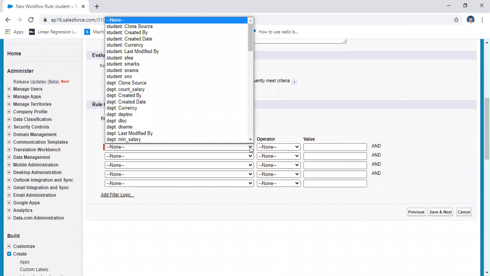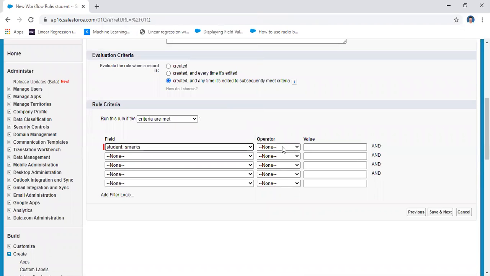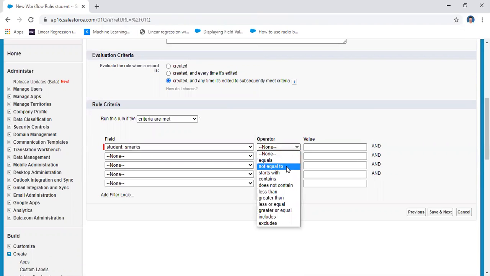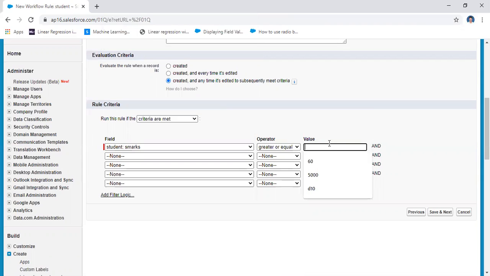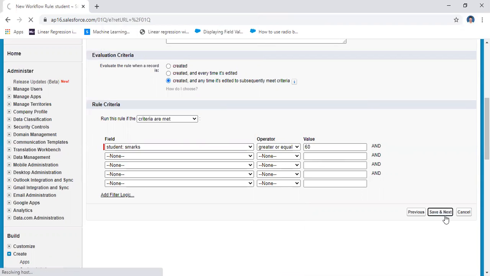And then what is the rule here? If student marks is greater than or equal to 60 marks. You may use n number of rules here. Greater than or equal to 60 marks, then save and next.